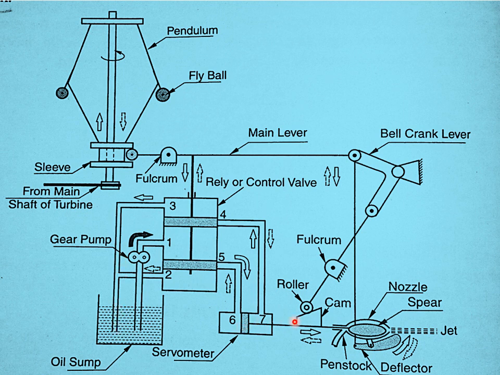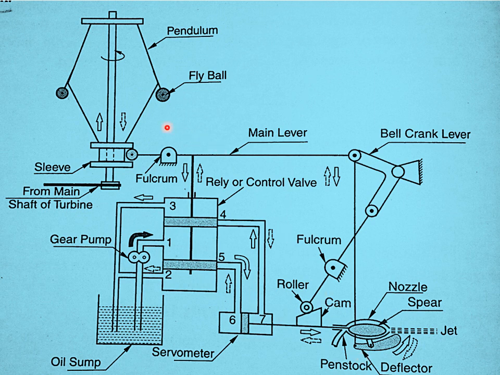So when this piston moves in the forward direction, the spear also moves forward, and due to this forward motion, it reduces the area of the nozzle in front, and it also reduces the rate of flow or discharge. When it is moved forward, as we know, the cam is connected with this particular rod, so it also moves towards the right, and the roller moves down. When the roller moves down, this part of the lever moves up. When it moves up, it brings the deflector to its initial position. So this is the working when the speed of the turbine increases.